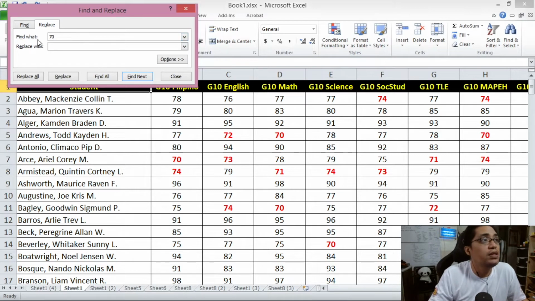This is how you do it. You put it in the dialog that says find what, and then replace it with 75. This is how you tell Microsoft Excel, find 70s and then replace them with 75s. If you press on the button replace all, Microsoft Excel will do all of this automatically, and when you press